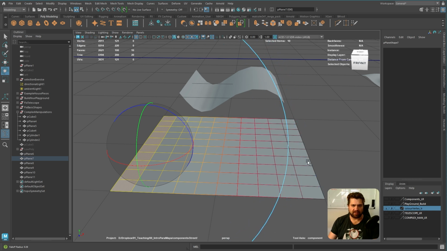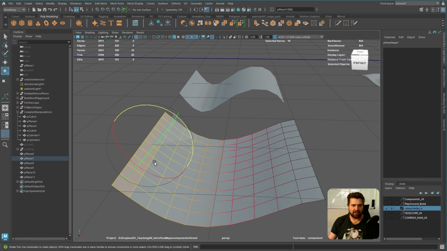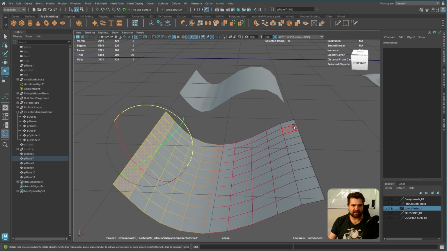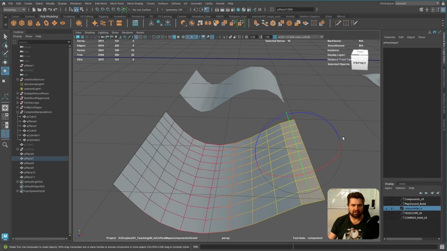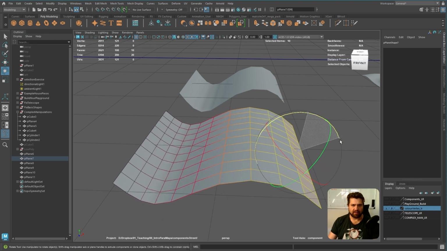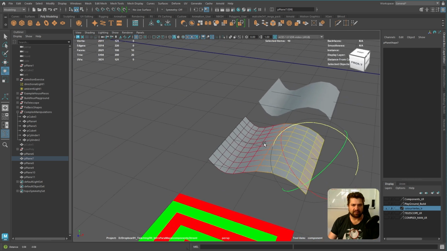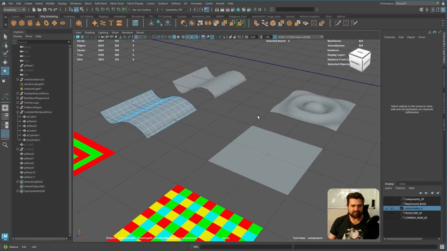until it's almost integrating. So I'll just slide that down a little bit. Like I said, again, it doesn't have to be perfect. It's more about teaching you the advantages of this, and then I'm going to just go like that. And that is more or less fine. Okay? And that's a very cool way that you can do a soft selection like that. Now,